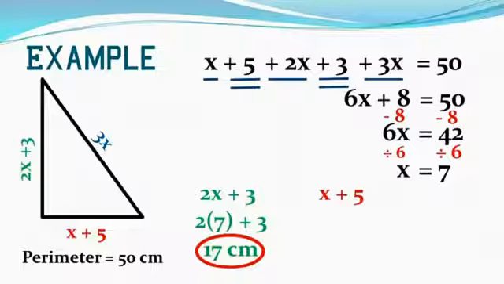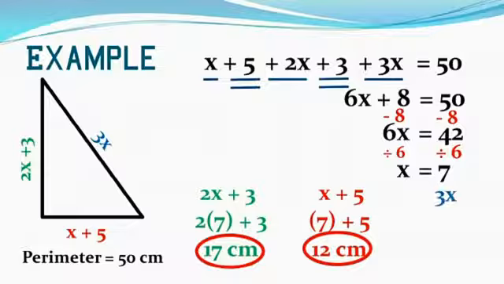And the next side is x plus 5, 7 plus 5, which is equal to 12 centimeters. And the third side is 3x, 3 into 7, 21 centimeters. So the three sides are